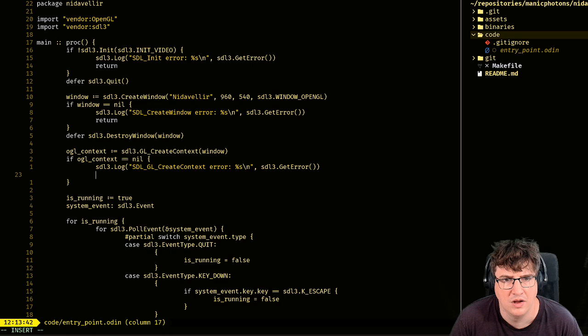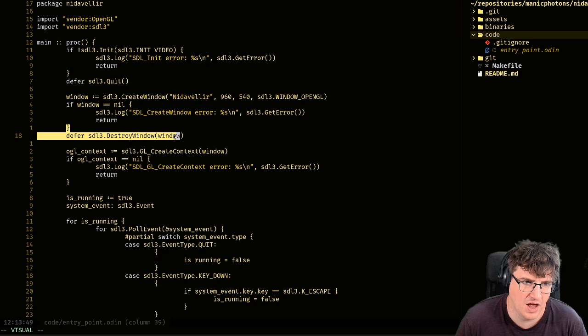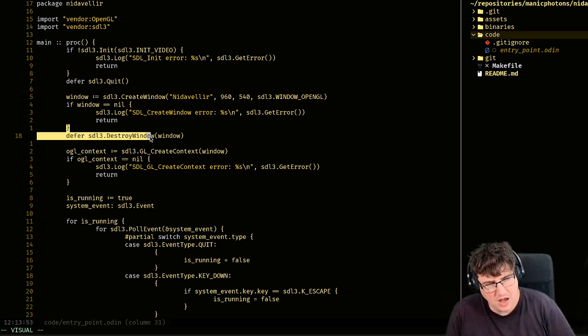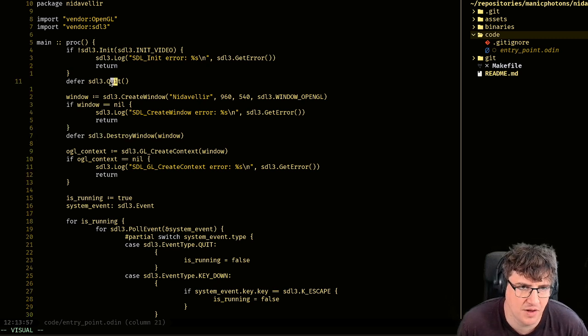Like so, and return. And this return statement, just like before, would then trigger destroy window, because that's the top of the stack of defer statements, and then underneath that we have an SDL quit.